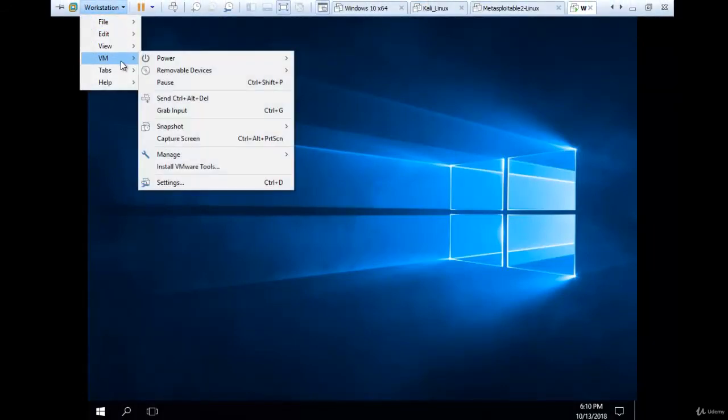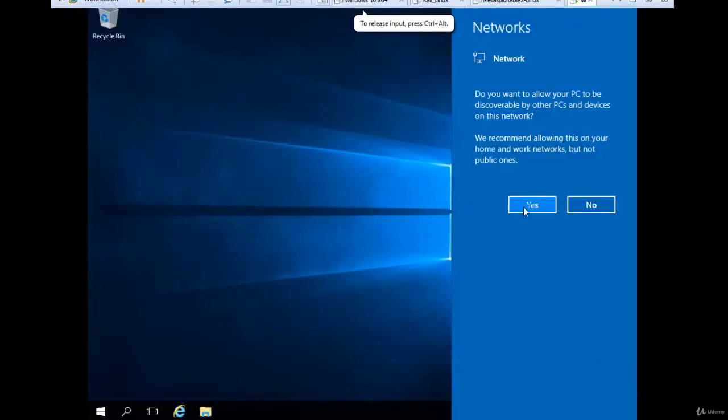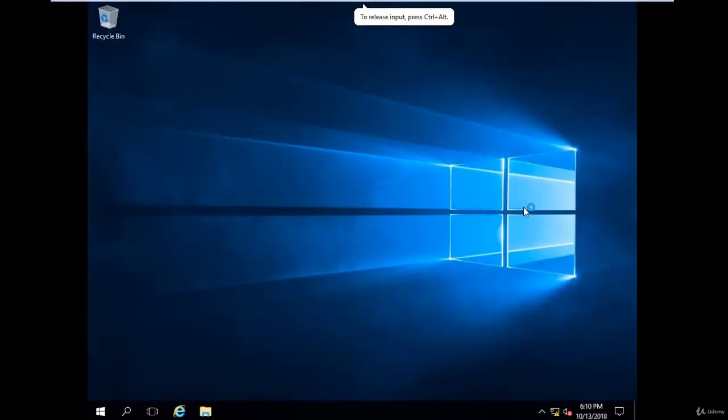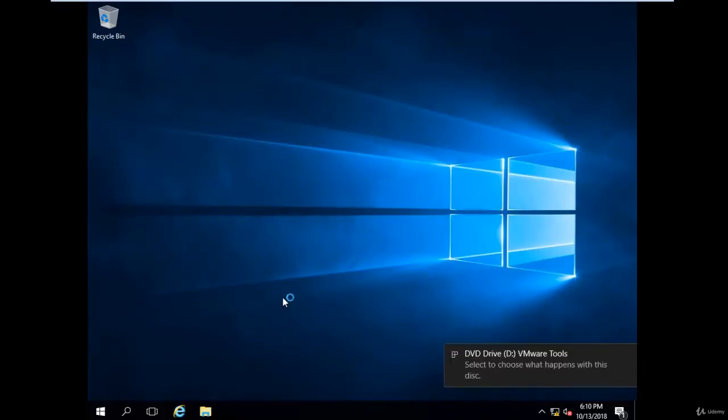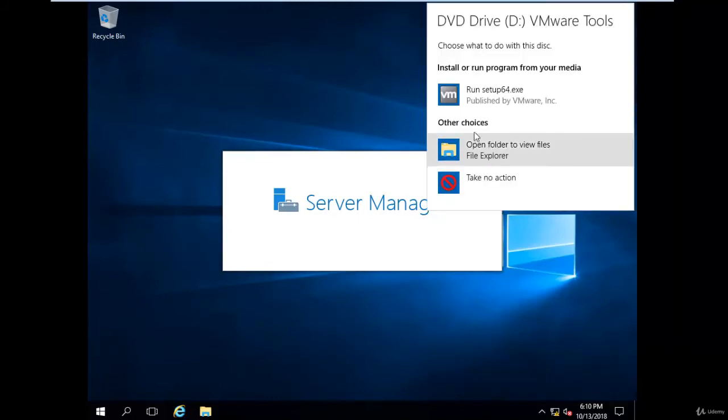Now we need to install VMware Tools. Just click on VMware Tools and run setup.